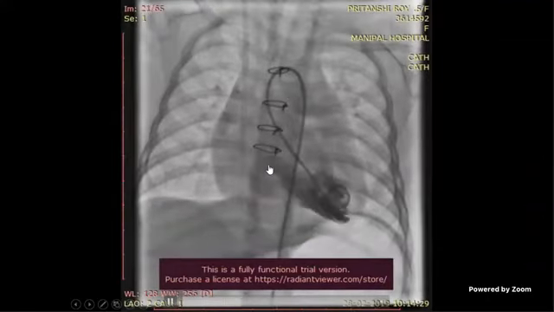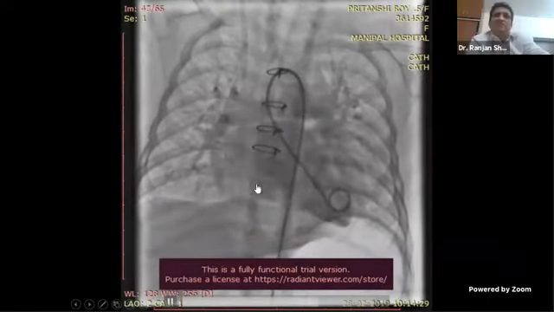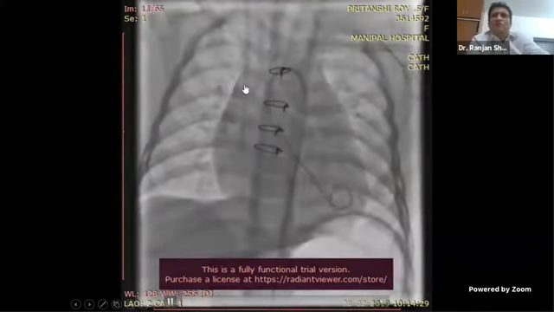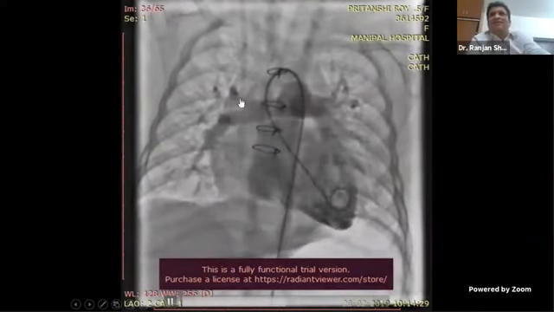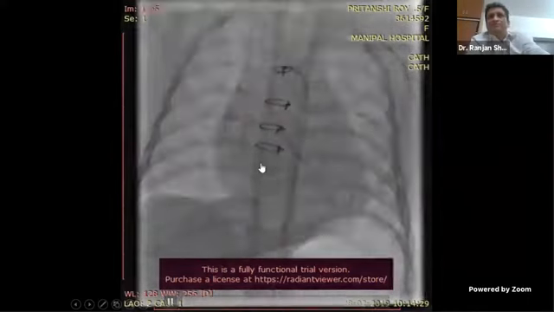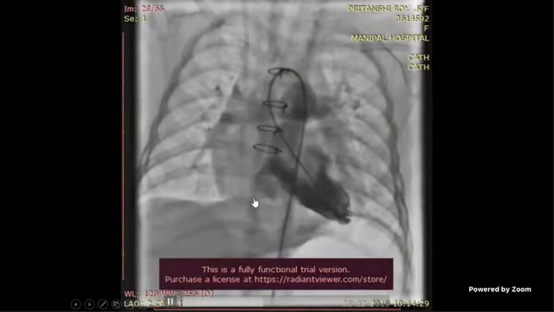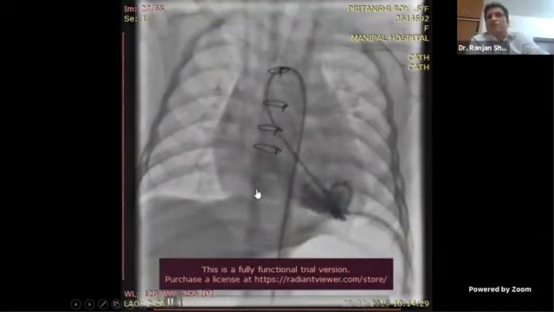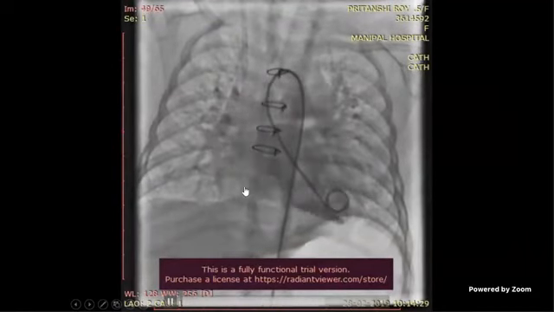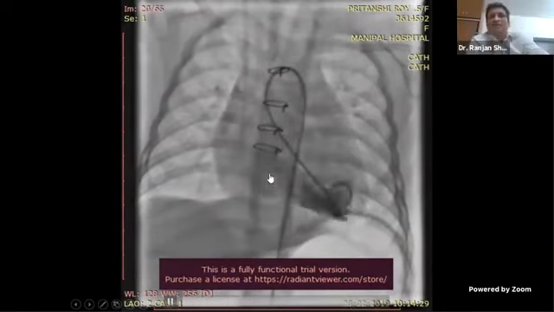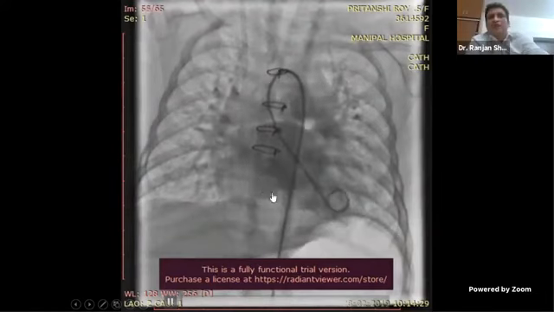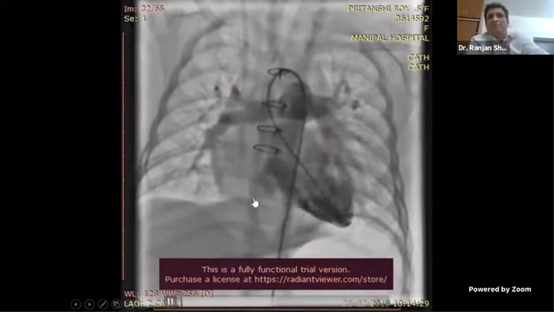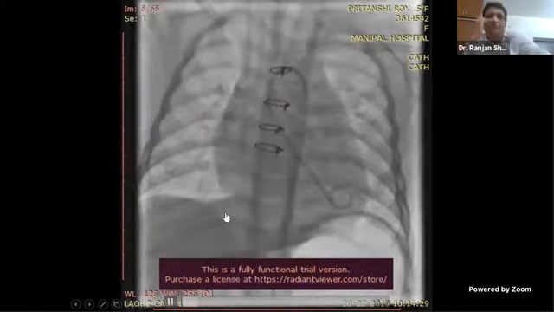It's a post-surgical case, so it's likely to be one of the single ventricle physiologies, no? This looks like they're about to do a Glenn angio. So it must be tricuspid atresia because this chamber looks very small. See here, there's a small chamber here. So it's likely a tricuspid atresia. That chamber is probably, if you carefully see, filling the PA.